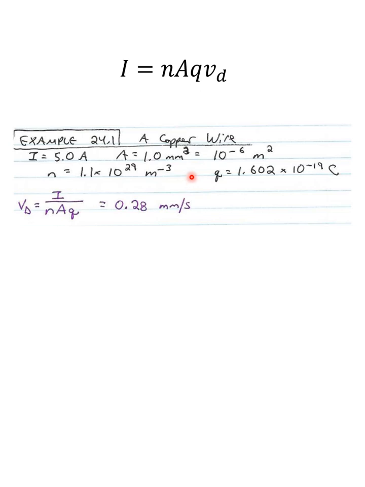Be careful with units of area. 1 square millimeter is 10 to the negative 6 meters squared, and N is 1.1 times 10 to the 29 per cubic meter. And of course, there's the charge on an electron. When we plug all that in, we get 0.28 millimeters per second. Now think about how slow that is. Just envision a millimeter. That is how far the current travels through a wire each second, and this is a typical speed, less than a millimeter per second,